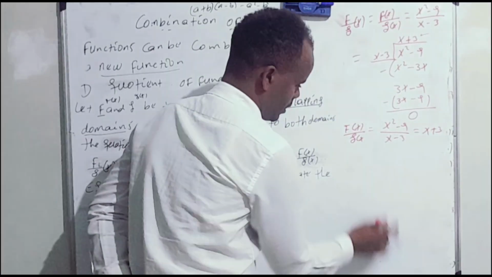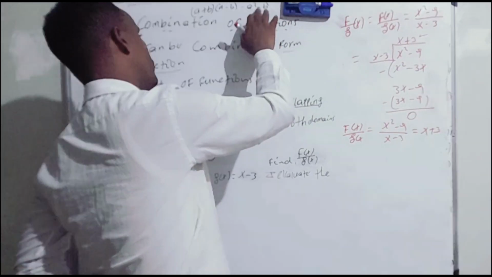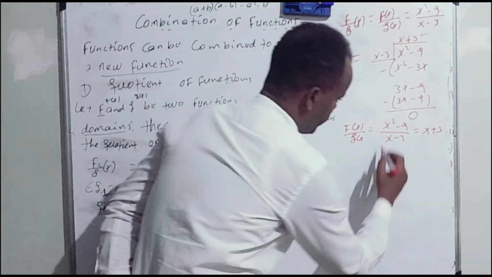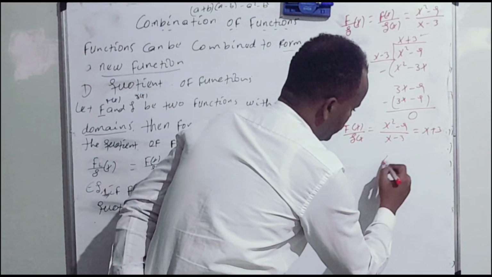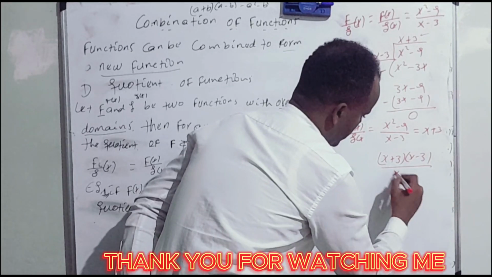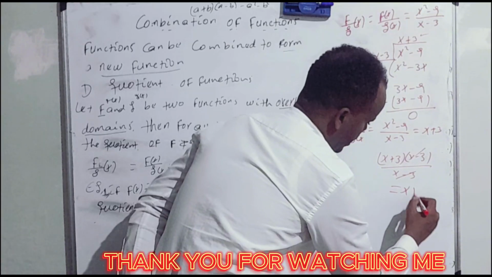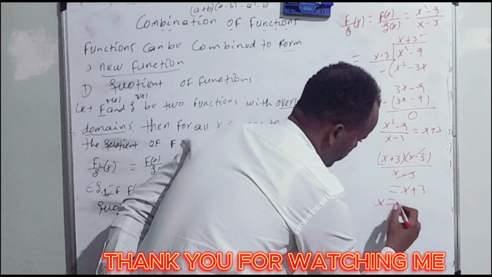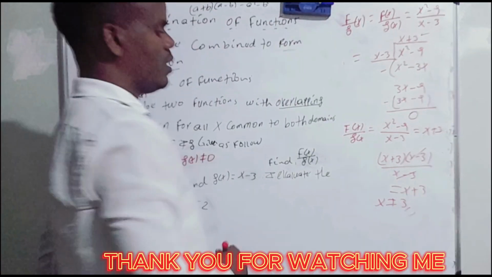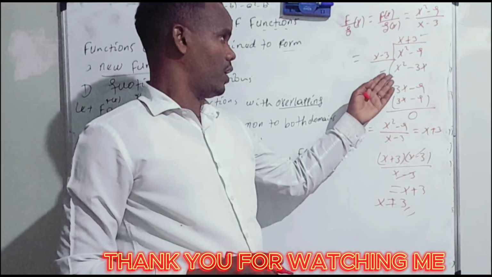We can find another way using a to the power of 2 minus b to the power of 2 is equal to a plus b times a minus b. Here x to the power of 2 minus 3 to the power of 2 means x plus 3 times x minus 3 over x minus 3. The x minus 3 cancels, and this will be x plus 3, but x is different from 3. The domain of g of